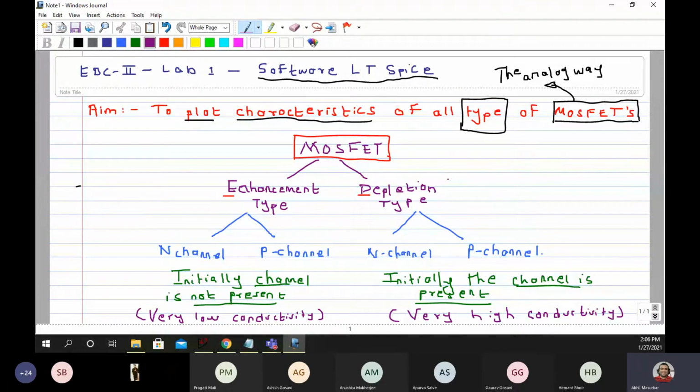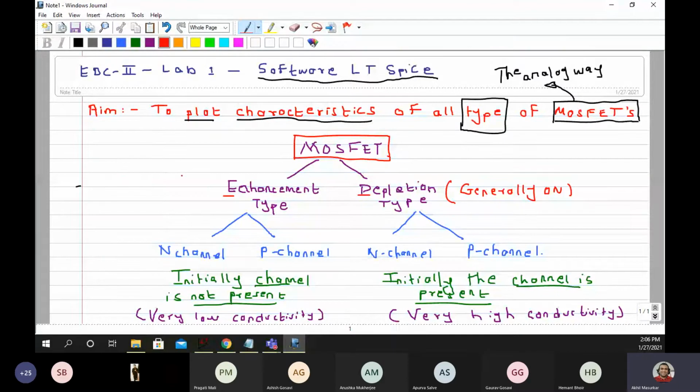So we would say that a depletion type MOSFET is generally on. You have to do something to turn it off.